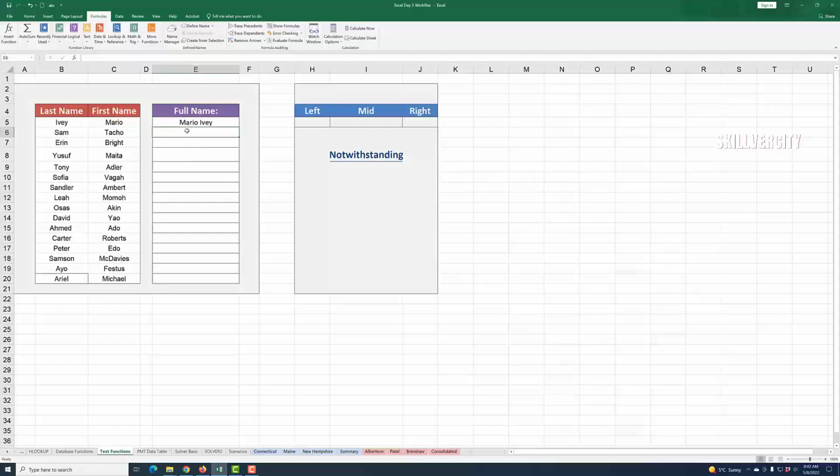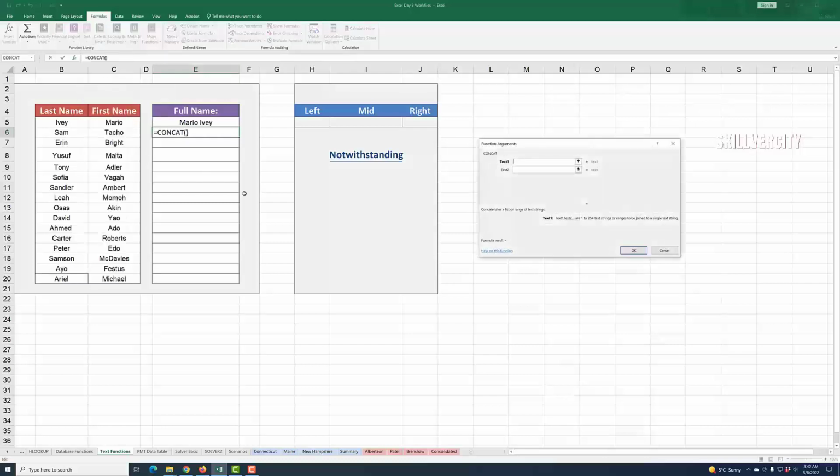So again, we click on the cell we want the name to be, and then we go to the Formulas tab under the Text command and find the word CONCAT. Click on that, and now it's going to ask us where's the text that we're trying to bring over. So let's start with the first name. The first name here is in